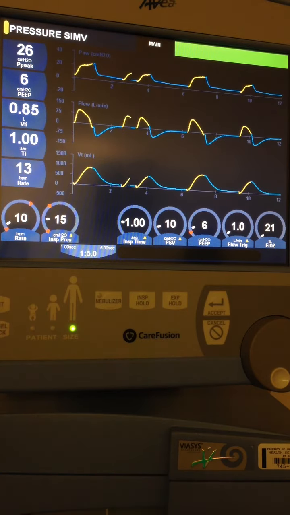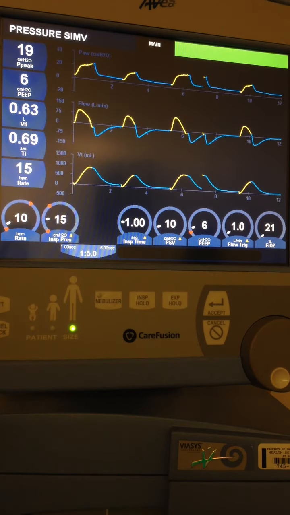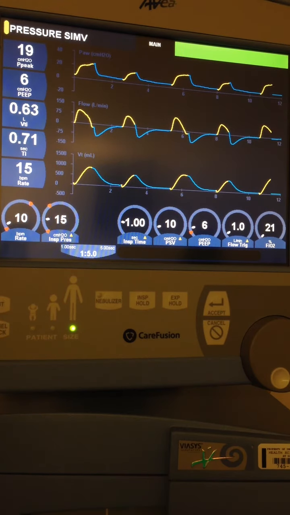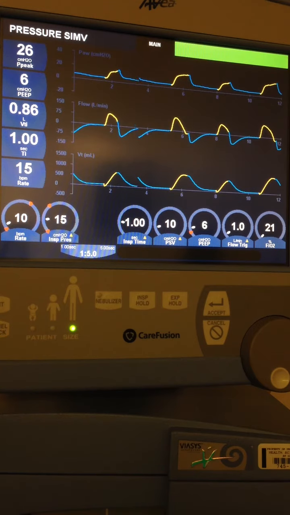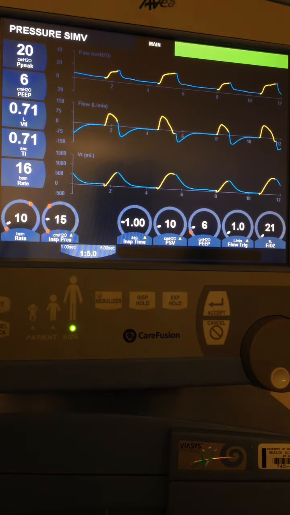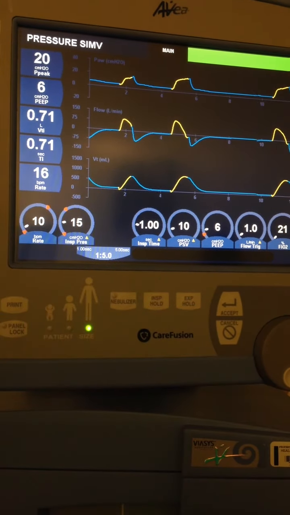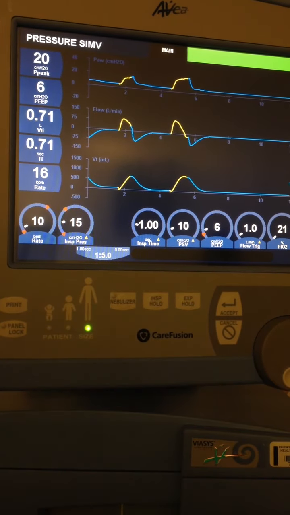We were at about 710 on our set rate of 10, and now we're about 770 mils, 800, 860 there. So if we stop triggering this and we let it go back to our set rate of 10,